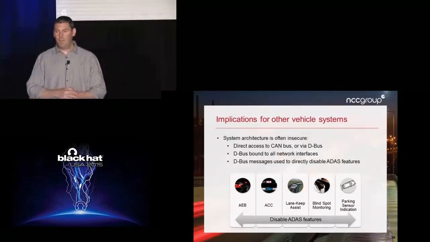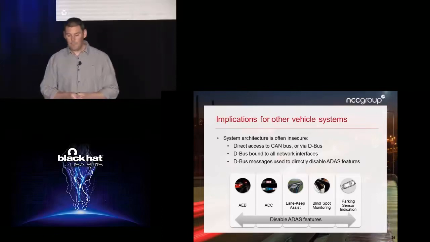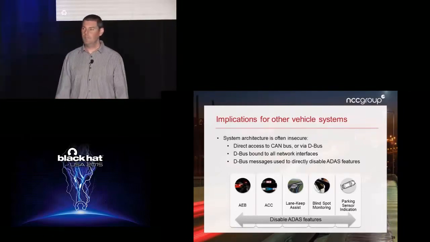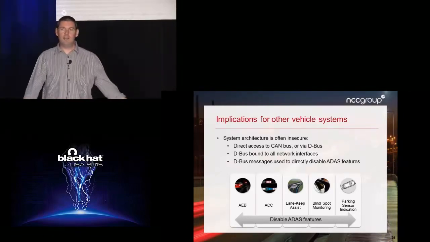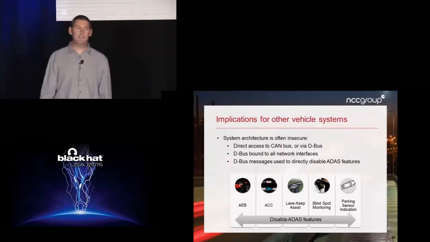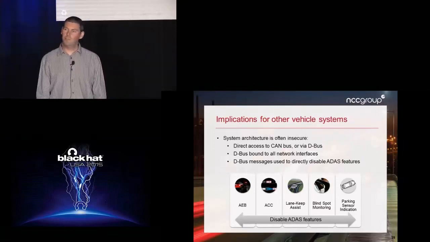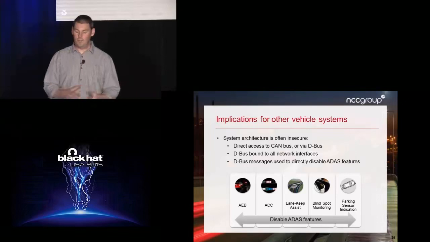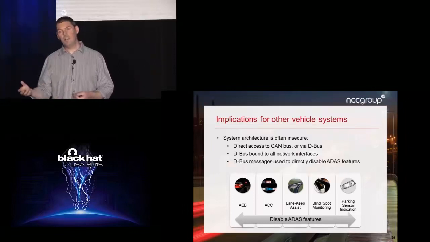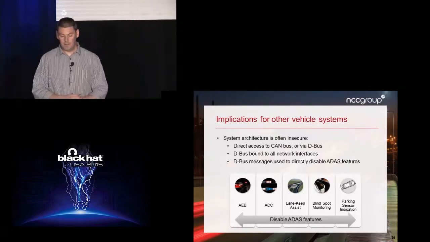Now, the implications for other vehicle systems. When I've been talking to people about this research, they will say, yeah, but okay, you gain access to the infotainment system. What can you then do? Surely it's not actually connected to any other vehicle systems. Well, it's actually amazed us, the number of different architectures you see in vehicles and the different ways that these head units have been designed to integrate with other networks within the vehicle. So we've seen situations where the CAN bus is directly connected to the head unit. We've seen situations where you go via D-bus to connect to the CAN network.